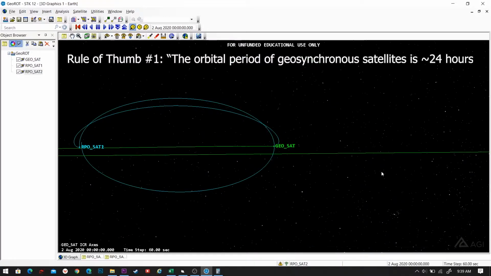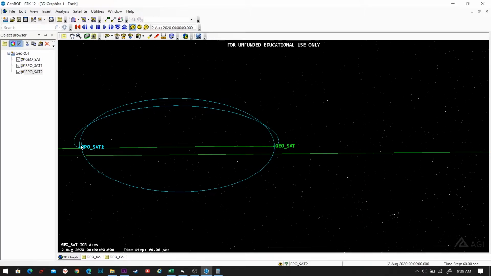Okay, so let's use our first application of this rule of thumb. So I have two RPO satellites. One is RPO satellite 1, which is moving in this large NMC, and the other is RPO satellite 2, which is moving in this drifting NMC. Both are starting at the same location, and both want to arrive at this point on the geosynchronous belt. So the question is, which one is going to get there first? And indeed, how much faster will one reach the location versus the other? Using our first rule of thumb, that the orbital period is 24 hours,